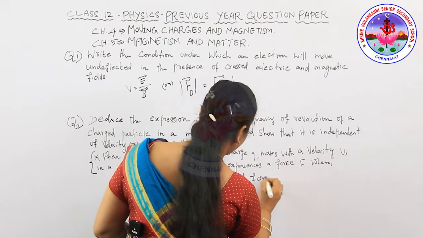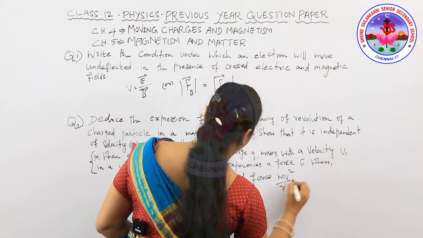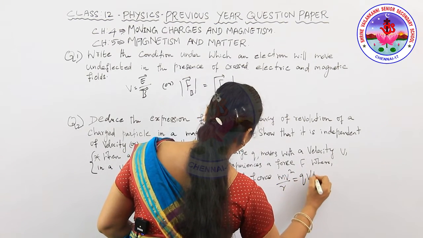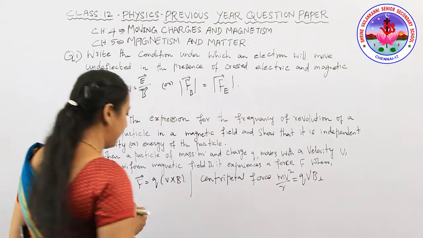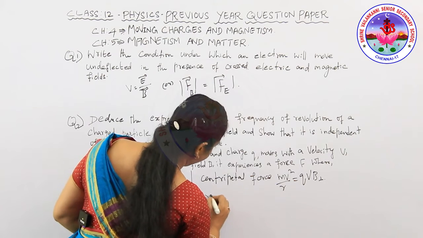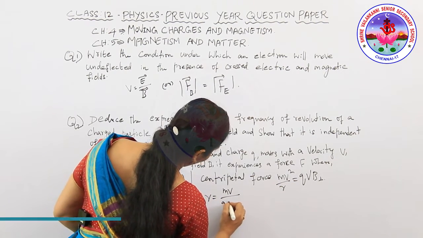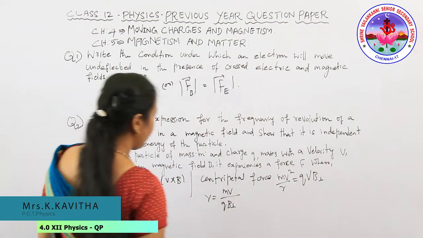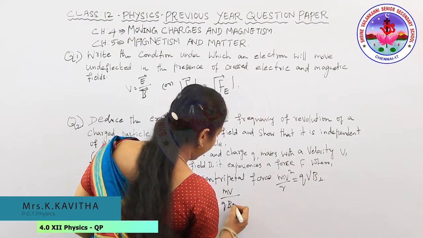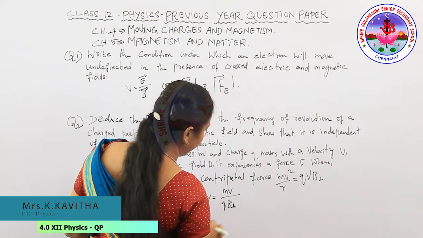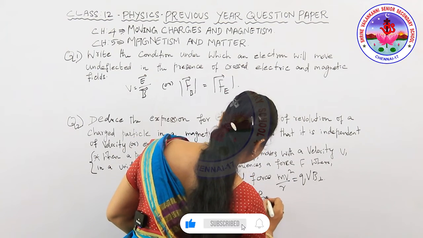So the centripetal force formula is what? Centripetal force is mv squared by r, which is equal to qvB, that is the horizontal component. So then we can say that the r value is equal to mv divided by qB, for the horizontal component, or we can say the perpendicular B component. So here we can say that the frequency